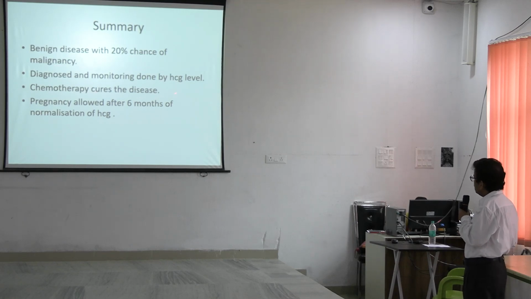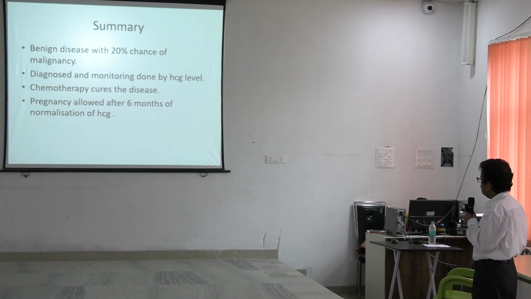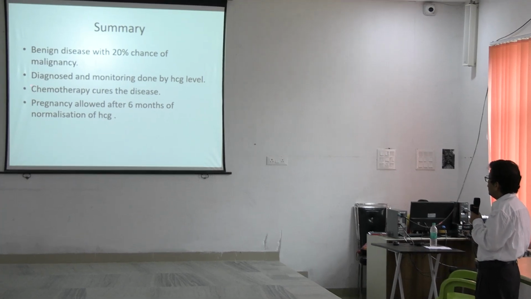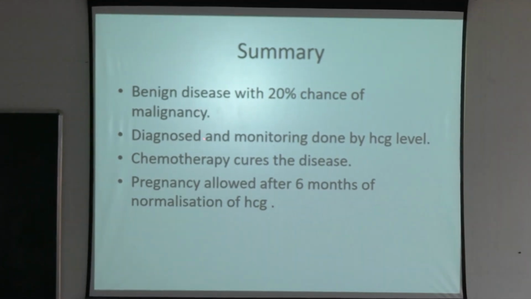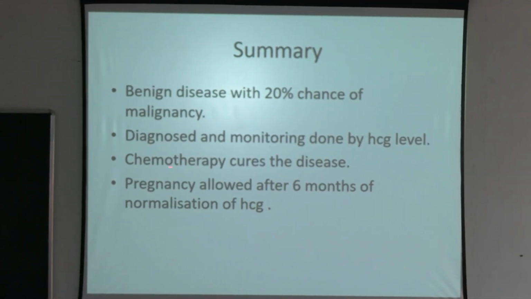So no other tumor or proliferative disease can be cured by chemotherapy. In all the cases we suggest surgery, but this is the disease where chemotherapy can cure, not the surgery. Pregnancy allowed after 6 months of normalization of hCG,